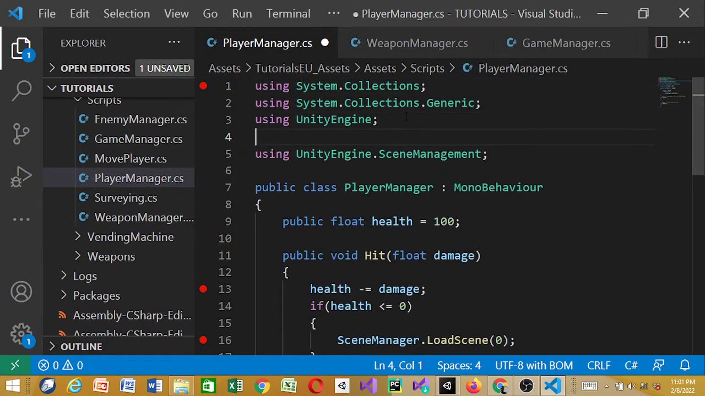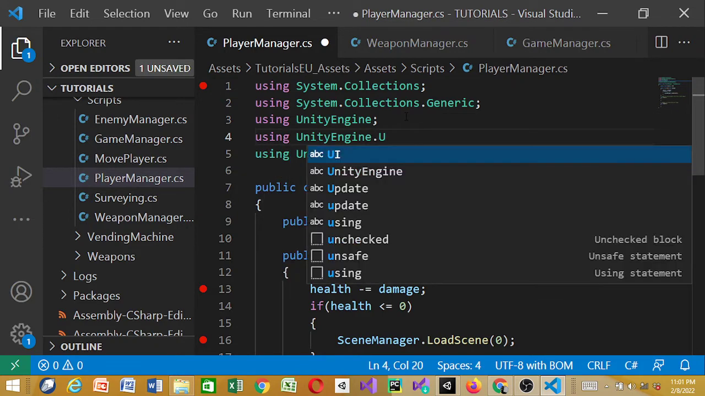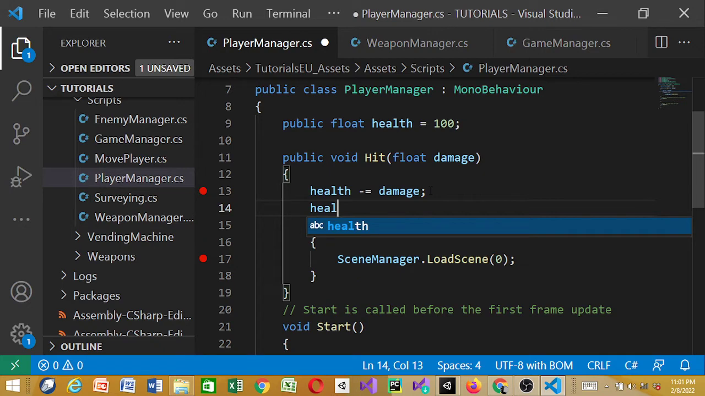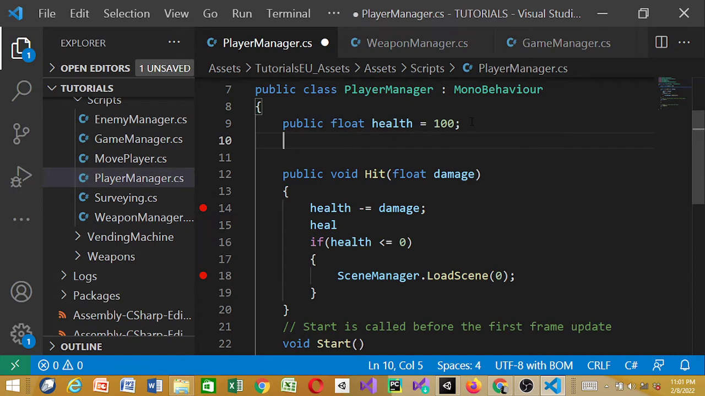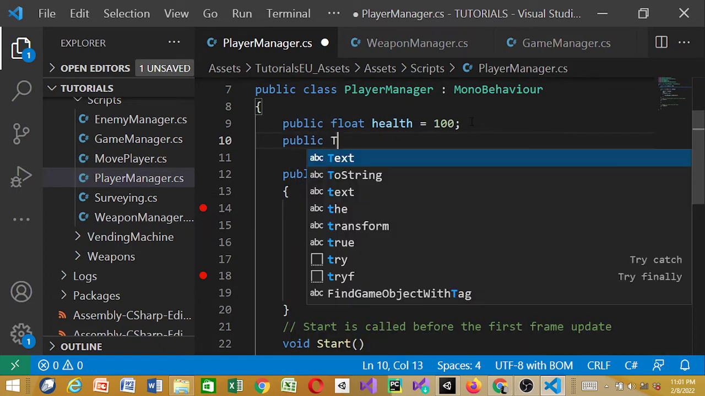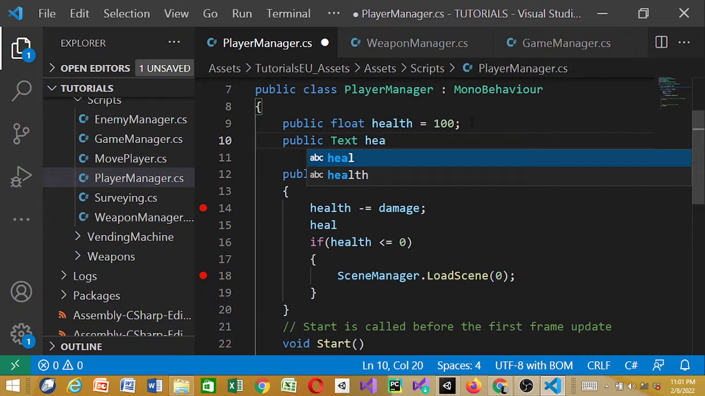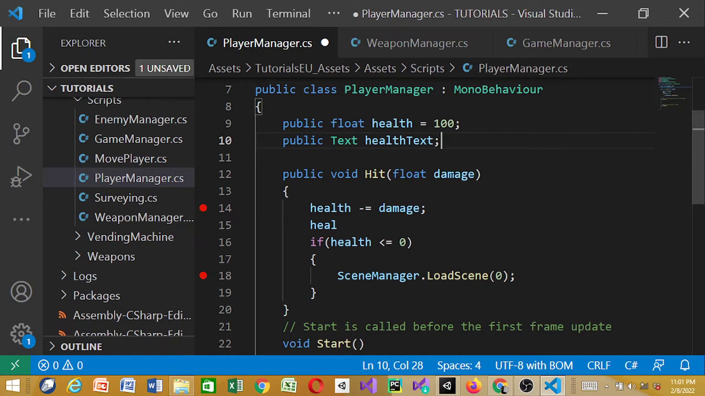Then what I'm going to do first is using UnityEngine.UI because we're using text. And after that, what I'm going to do next is under this public void hit, I'm just going to say this health. Okay, before that we're just going to say public Text health text;